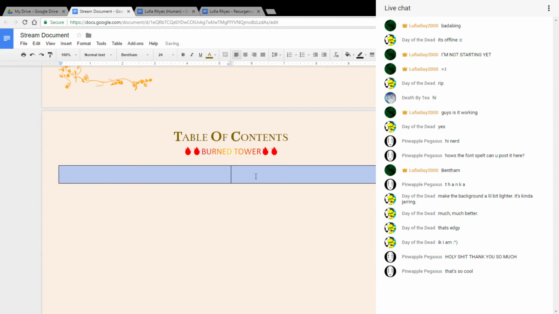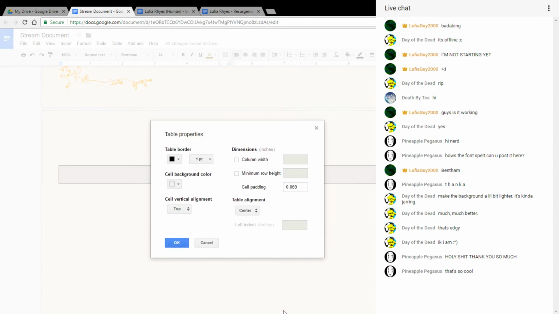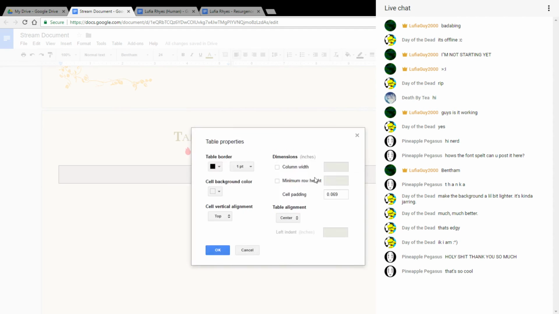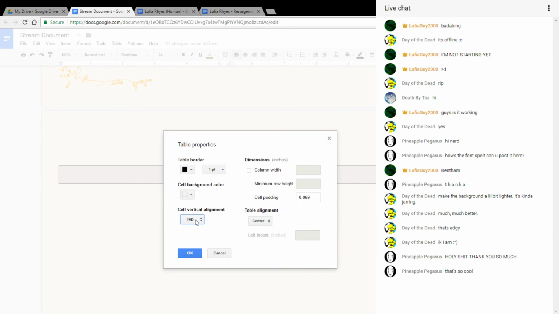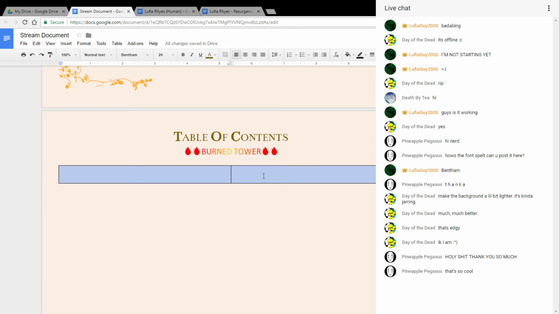What you can do is select this entire table here. See, I have it selected. Right click, table properties. You can change the vertical alignment. You have the horizontal alignment, which is left, center, right, and then the vertical alignment. I always have mine set to top because they're useful. And then the table alignment is the horizontal alignment of the table itself. I guess it might default to center. Usually it defaults to left, which is triggering, because then you get something like